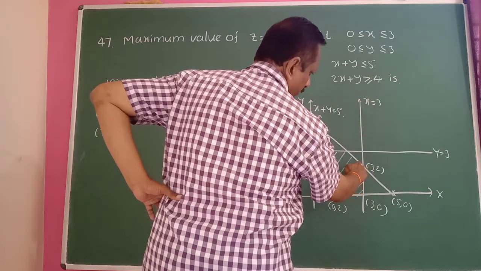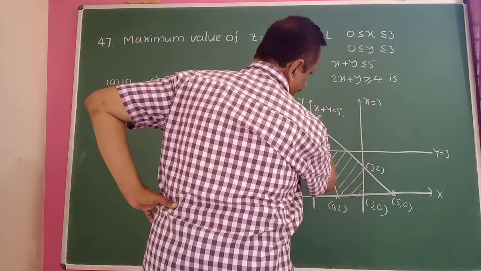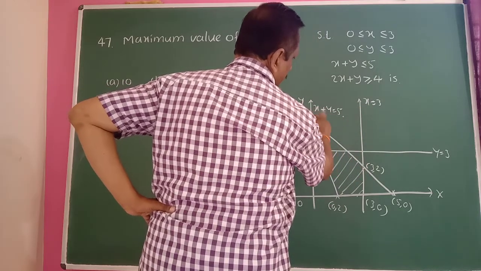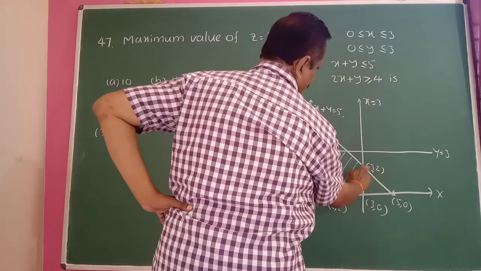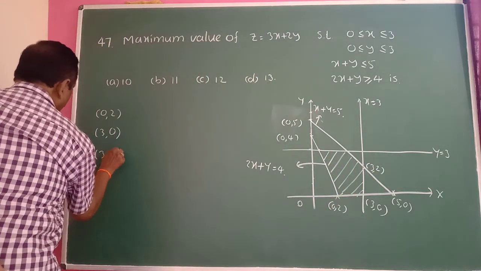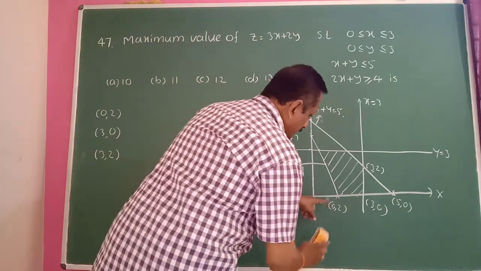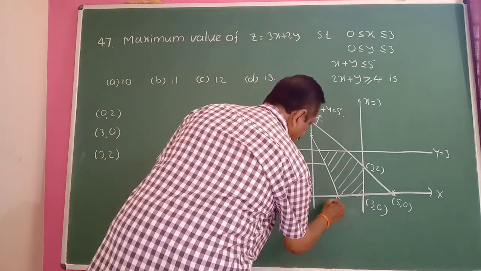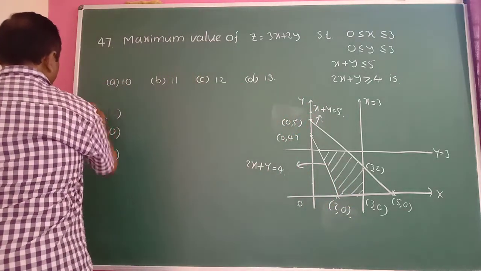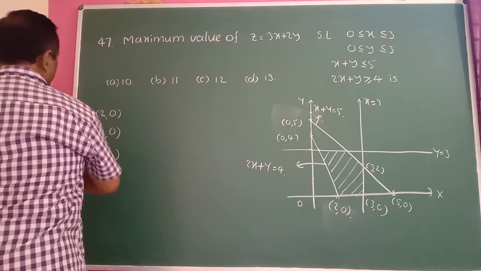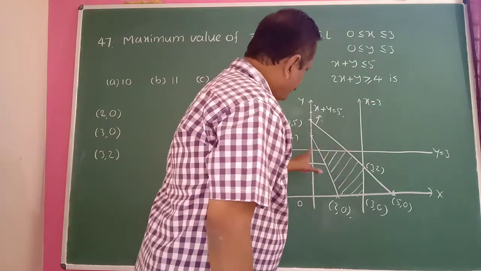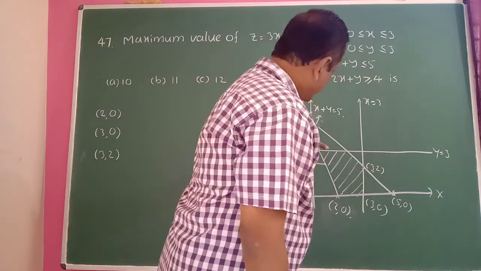This means the point of intersection of this line and this line here. Put x equal to 3 here, therefore 5 minus 3 becomes 2, the y value is 2, which means the coordinate of this point is (3, 2). Actually it is not (0, 2) here, it is (2, 0), therefore here it is (2, 0). Okay, then this is a point of intersection of this line as well as this line here.